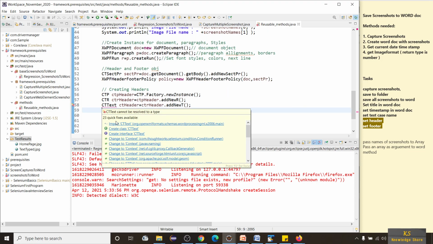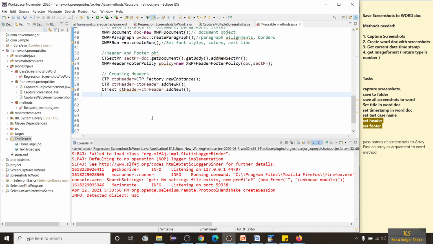Now we need to write something, right? So we need to write something on the headers. For that we need to create a paragraph. Again, XWPFParagraph, headerParagraph is equal to new XWPFParagraph of.